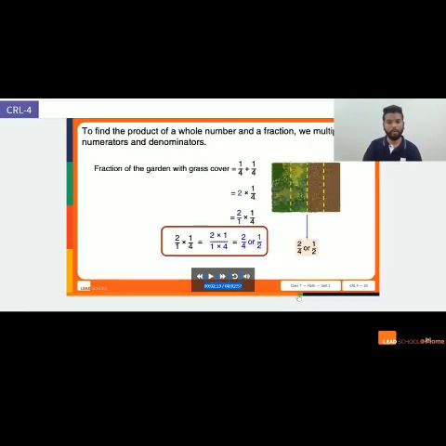For people who have a small bit of confusion here, let us quickly remember that multiplication is repeated addition. Okay, so when I see 1 by 4 plus 1 by 4, that means there are 2 times 1 by 4 being added. So I have replaced that with a multiplication symbol here. And 2 being my whole, I can always represent it as 2 by 1. So this step, if you have any confusion, it's okay. Just make sure that you are using the right operation when you come across such problems.